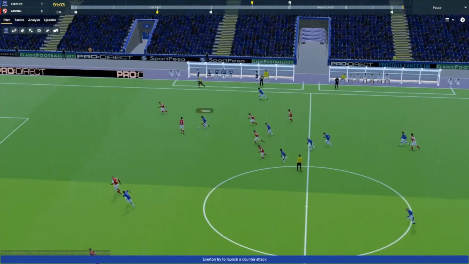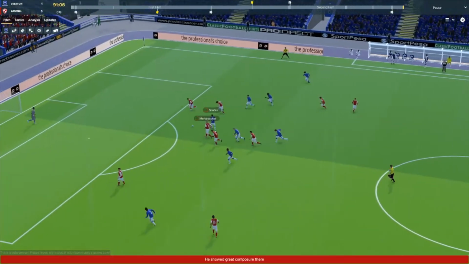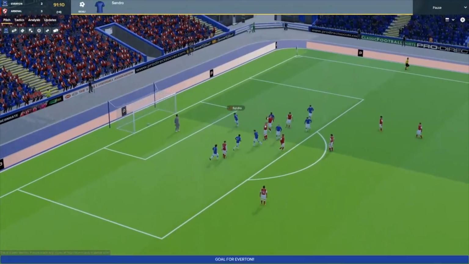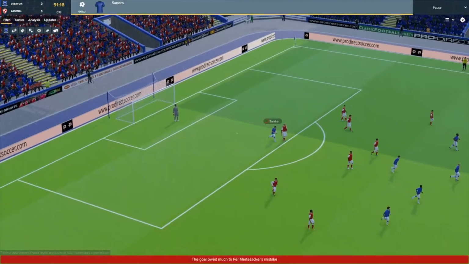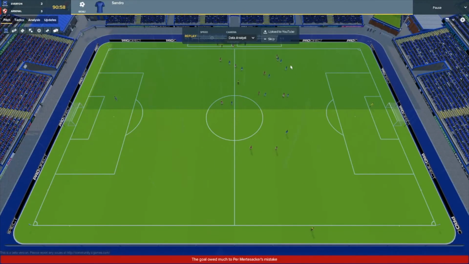Klaassen with the ball up to Niasse. Could we get another consolation goal? Sandro's got it, he strikes it and he scores. I told you we're the king of late goals, but this one is probably too little too late. It's 3-2. There's more late drama in our games. It's a really